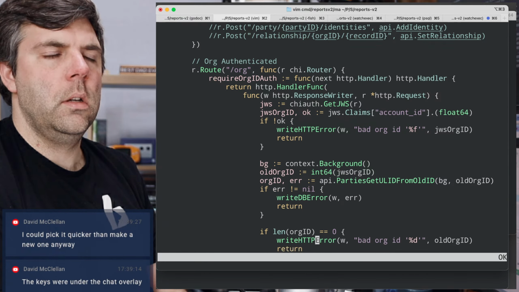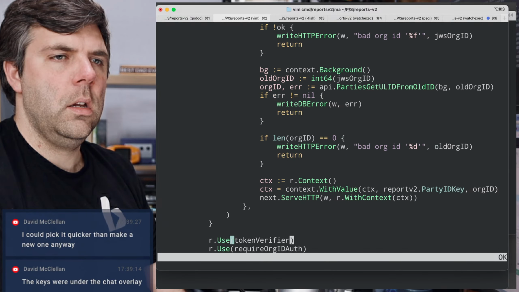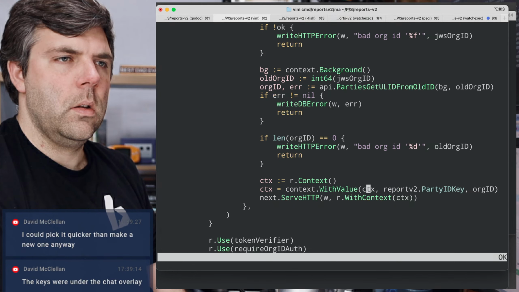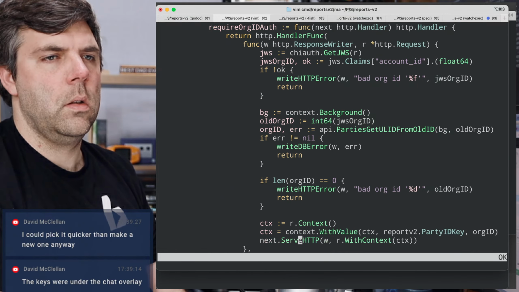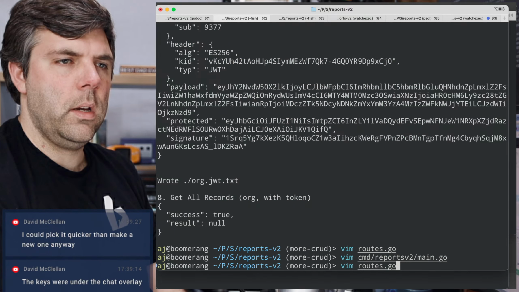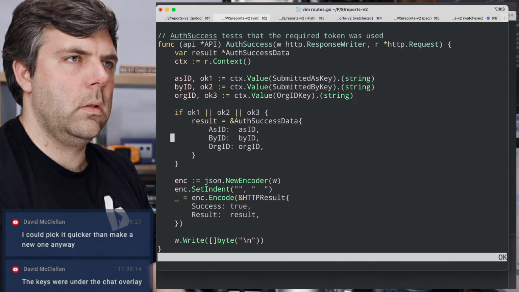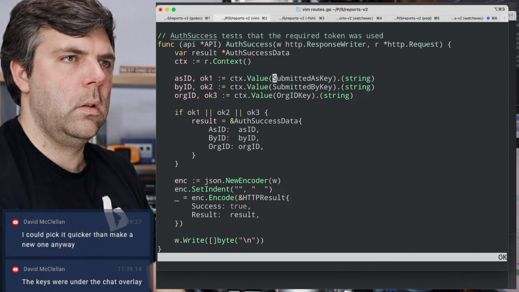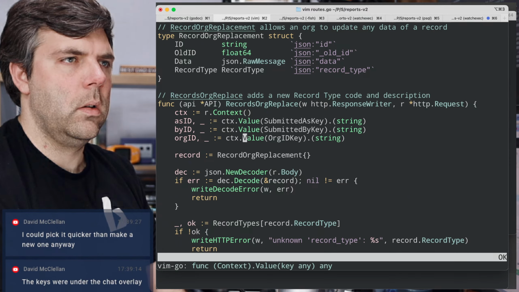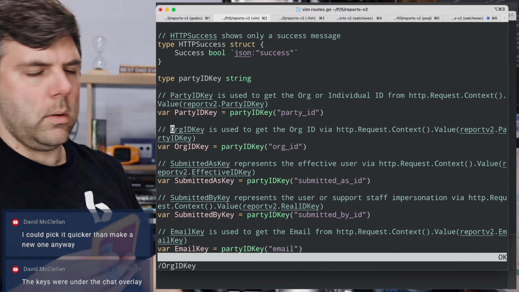So claims, account ID, party ID key. Okay, let me go look at this again. Org ID key. I don't know what this is.